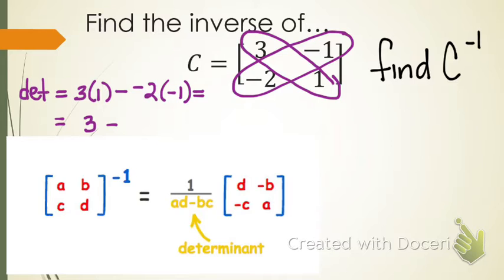And what did you get? 7? You got 1? Who got 1? Okay. So in my formula right here, this is 1 over 1. So this equals 1 over 1 times,